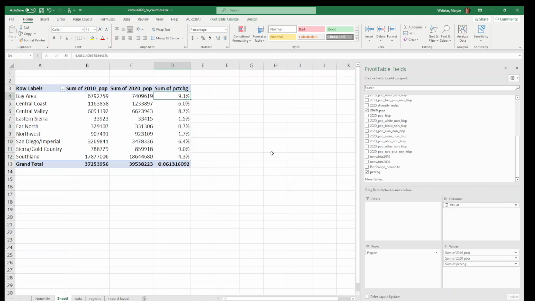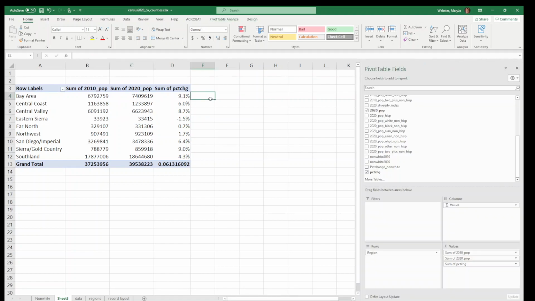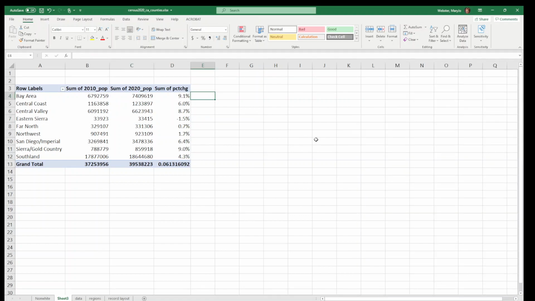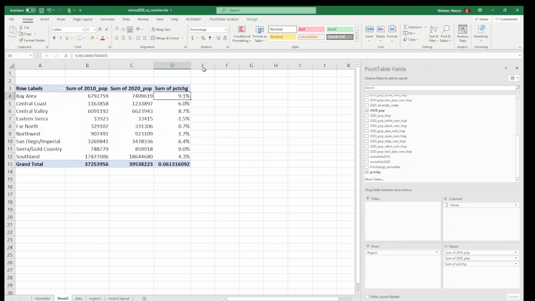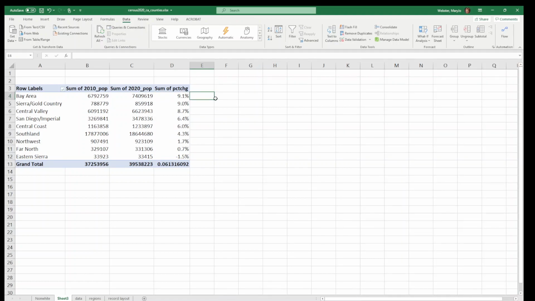So the Bay Area grew by 9%, so did Sierra Gold Country. Eastern Sierra declined slightly. That's not much of a change, but a little bit of a change. The other way you can do this is not on the pivot table. Well, if you do it on the pivot table like we just did, you can then sort this highest to lowest. You can also do a formula right off of here, new minus old divided by old,